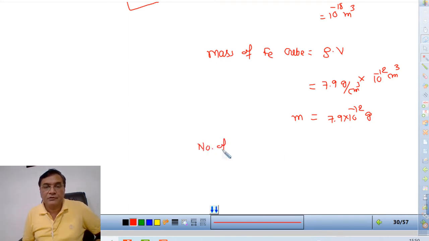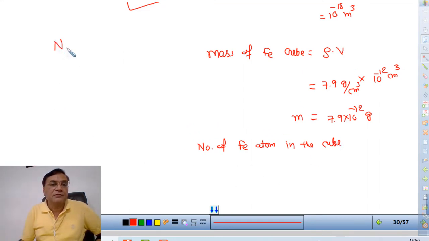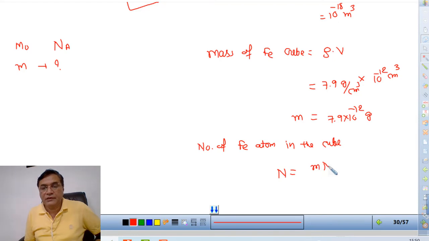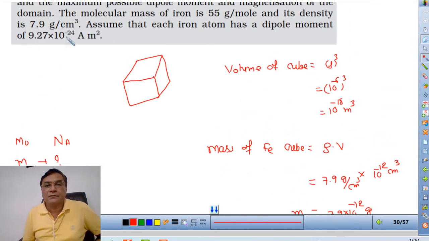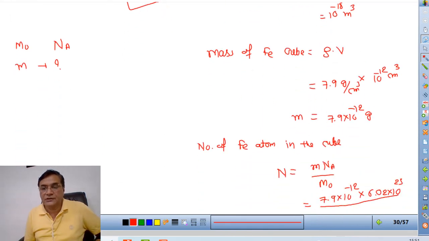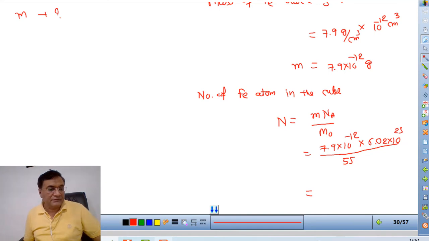The number of iron atoms in the cube. We know if Na is the number, then the mass is m0. So for this mass, how much? You know this, no? Molecular weight. So N is equal to m Na upon m0. What is m? 7.9 into 10 raised to minus 12, Avogadro number, you know, 6.02 into 10 raised to 23, divided by m0, that is the atomic weight, 55 gram per mole. So 55 gram. It is in grams, so no problem. So this many atoms are there. So if you simplify with a calculator,